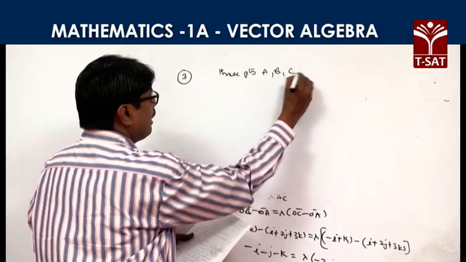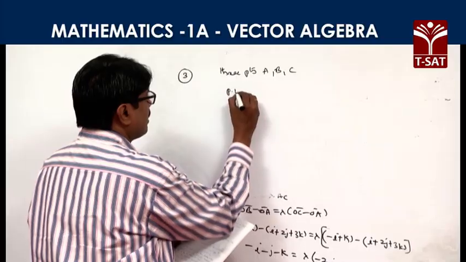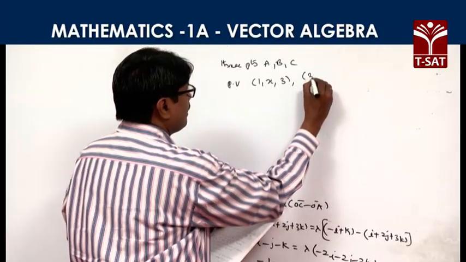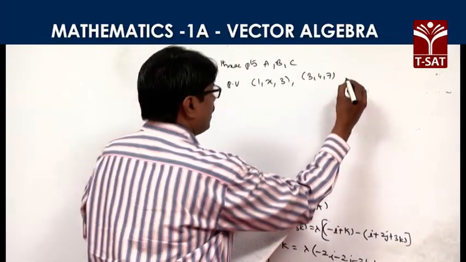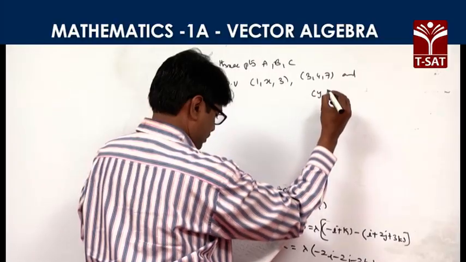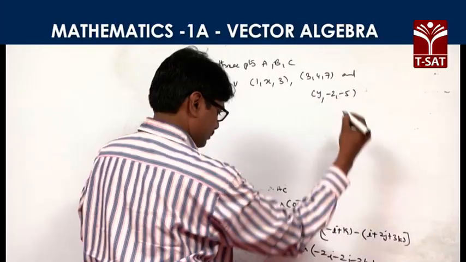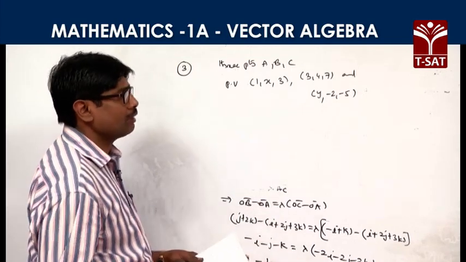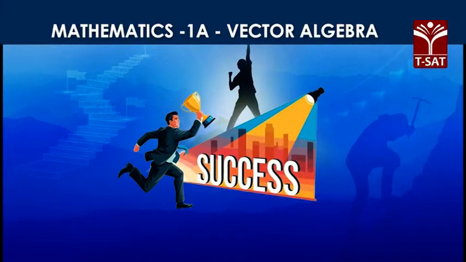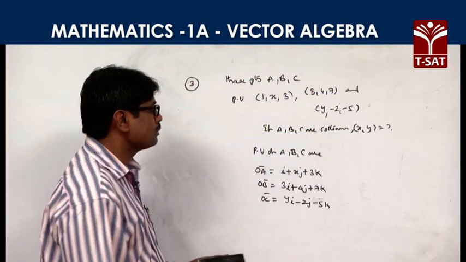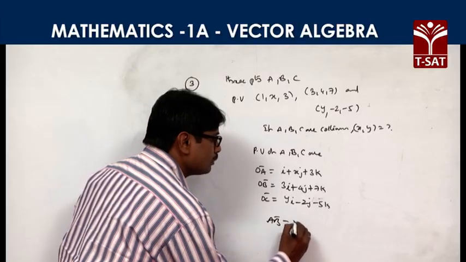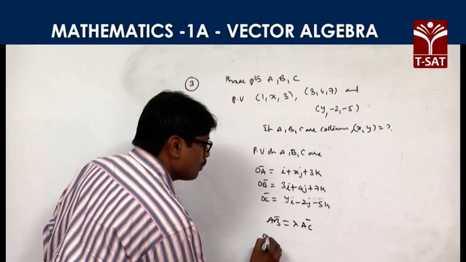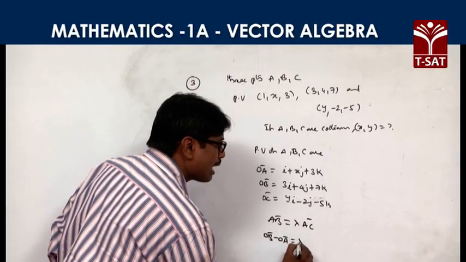Three points A, B and C, their position vectors are 1 comma x comma 3, 3 comma 4 comma 7 and y comma minus 2 comma minus 5 respectively. If they are collinear, then tell me the ordered pair x comma y. If A, B, C are collinear, so AB bar will be equal to lambda times AC bar. As we expressed in the position vector, OB bar minus OA bar is equal to lambda times